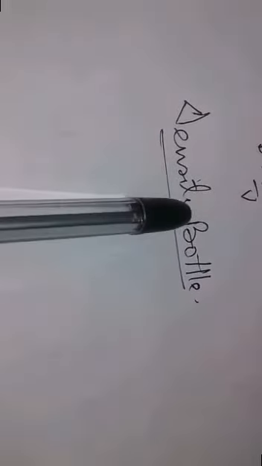If we use a density bottle to find out the density of a liquid, then the material requirements are a common beam balance, a density bottle, measuring weights, a wiping cloth, and the given liquid and water. For this, how do we have to proceed? Firstly, we take the mass of an empty dry density bottle using the beam balance. The mass of the empty dry density bottle will be m1 gram.